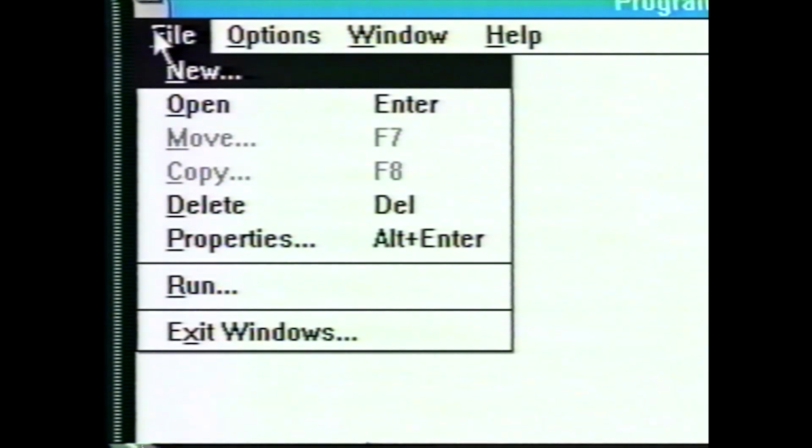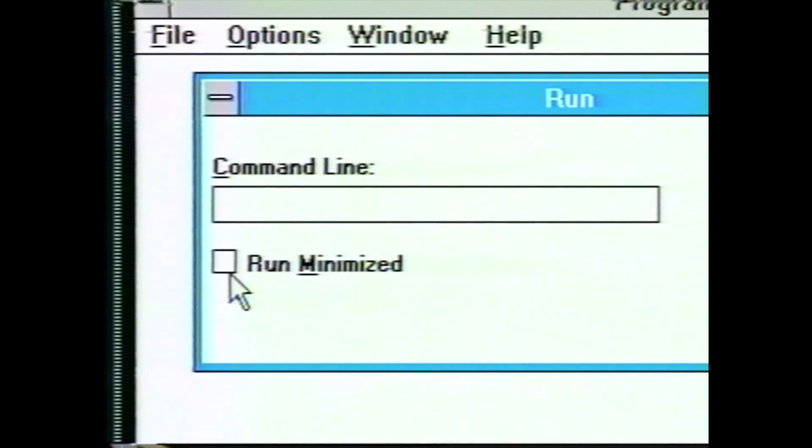Suzanne, use your mouse to pull down the File menu on the Windows menu bar. Then click on the Run option. In the File Run dialog box that appears on screen, type the drive letter for your floppy disk drive or CD-ROM drive, then type a colon and the word setup on the command line. When you finish, press the Enter key or click on the OK button to start the